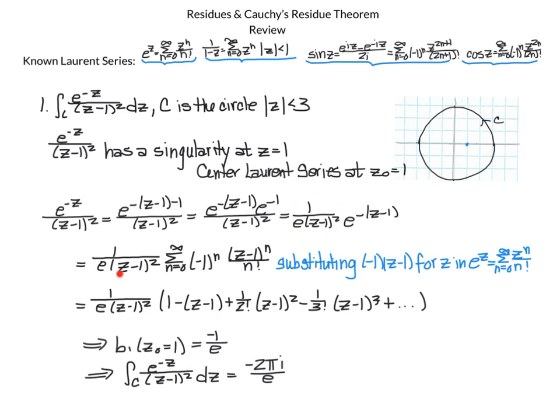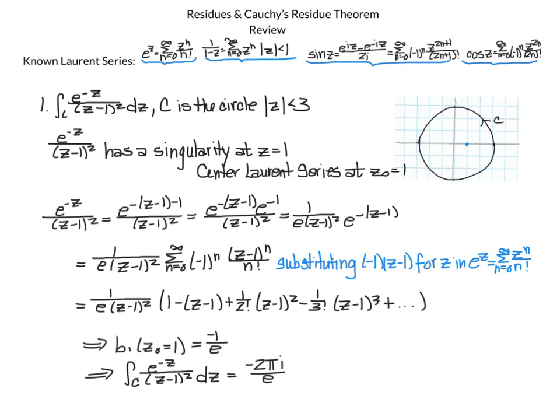This factor here looks good. It's exactly in the form that I want. For this e to the minus (z minus 1), I use this formula here. Our e to the z is the summation of z to the n over n factorial, which I moved here. And I'm going to then substitute my minus (z minus 1) for z in this formula, which is what I did here. So I get a minus 1 to the n, and then my (z minus 1) to the n over n factorial. I expand out this summation here,